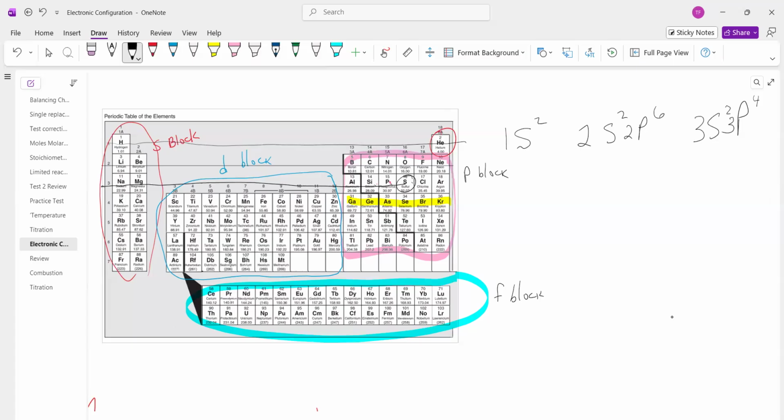Okay, so notice that these keep repeating. So I'm going to show you something that's kind of interesting. So this is sulfur. If we look at neon, we're going to go 1s2, 2s2, 2p6. That's for neon. It's exactly the same as this for sulfur. So a shorthand way of writing this is to go